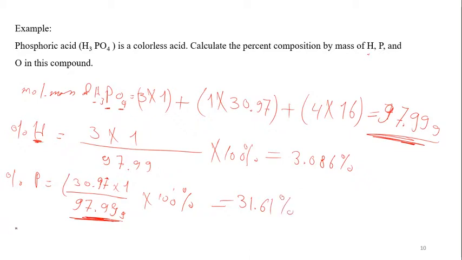31.61%. The percent composition of oxygen would be equal to the number of atoms of oxygen, which is 4, multiplied by the atomic mass of oxygen, which is 16, divided by the total molecular mass of phosphoric acid, which is 97.99, multiplied by 100 to be able to convert it into percentage, which is equal to